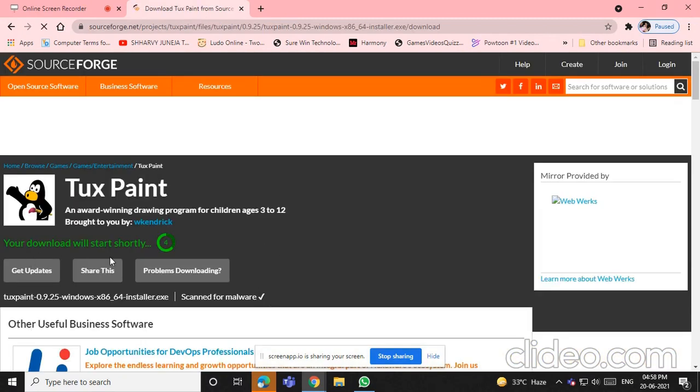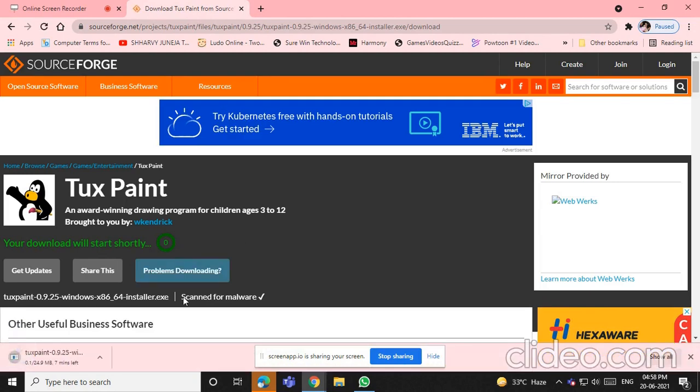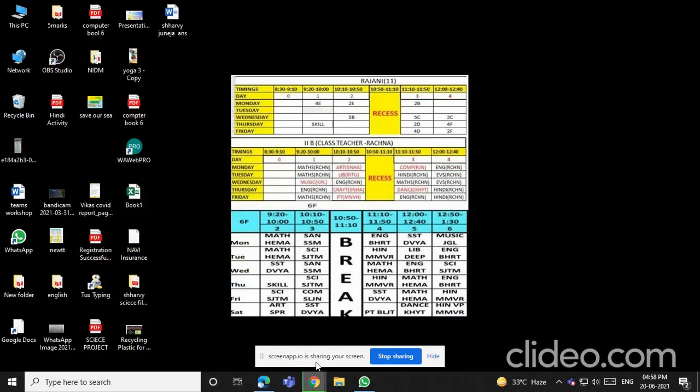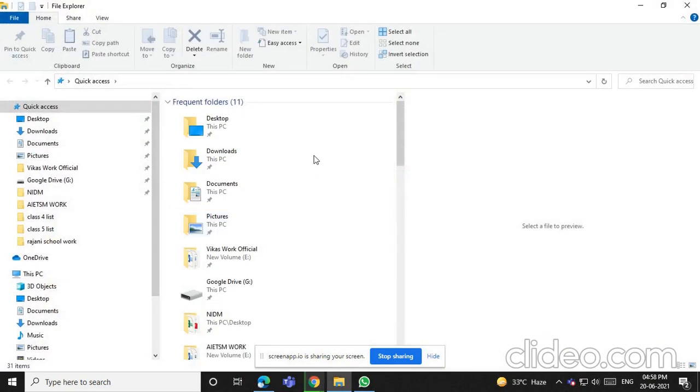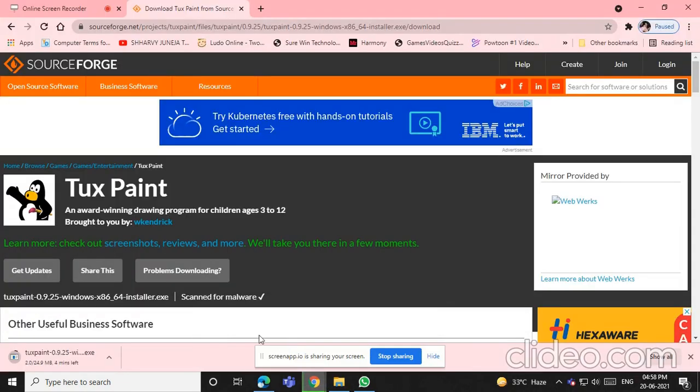And you can see this next screen is there. Your download will start shortly, and at the bottom left corner you can see this setup is downloading from the website. Where it will go, I just tell you, it will be there in the downloads part. Every computer, every laptop has this downloads folder. Fine. You just need to click on this download and it will be downloaded. As you can see from the Chrome, it will take a little bit of time to download.